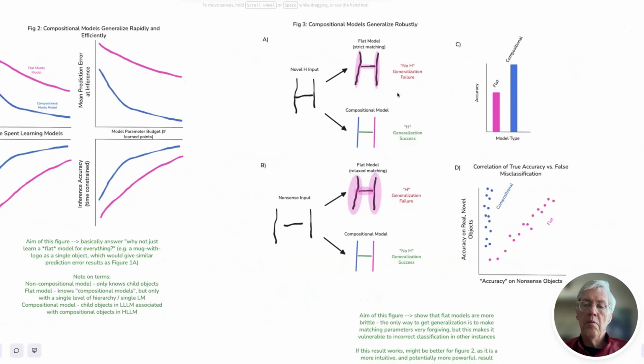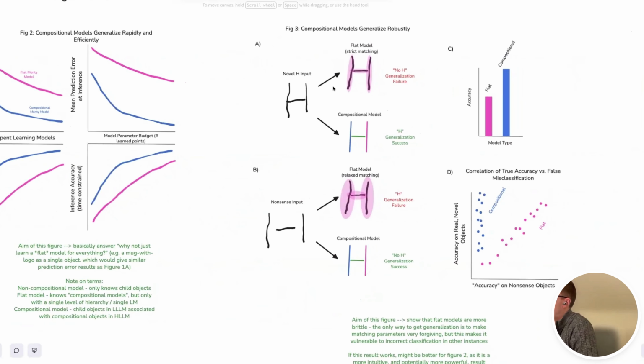And then a third figure, but if this worked, this could almost be the second figure, because as I was saying, I feel like this would be the blockbuster result if we got it working: compositional models should also generalize better. This is something that I remember, Vivian, you made some nice visualizations at some point. I couldn't find those, so I just recreated them as close as I could from memory. In Omniglot, I think this is technically a Korean character, but it also looks like a Roman letter H.